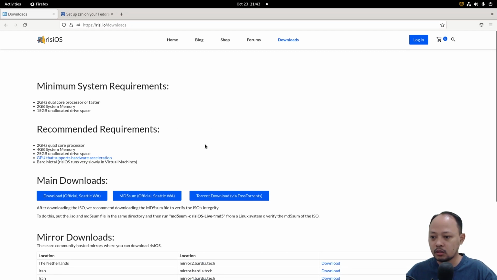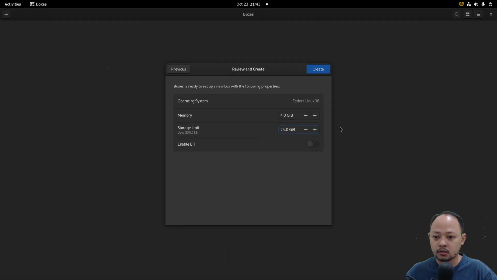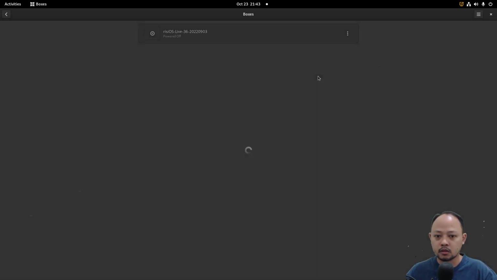Okay, so the recommended requirements are 4 GB of RAM and 25 GB of hard drive. Okay, and then I will make it 30. Okay, create.